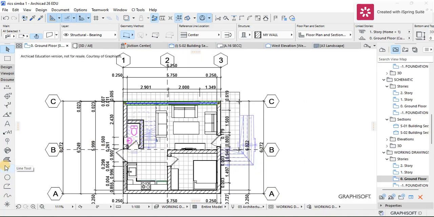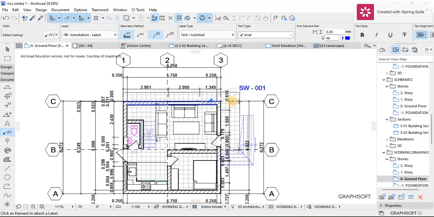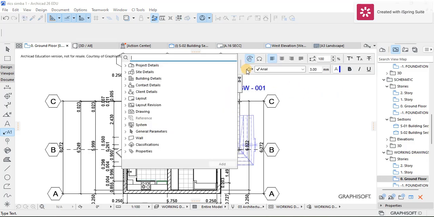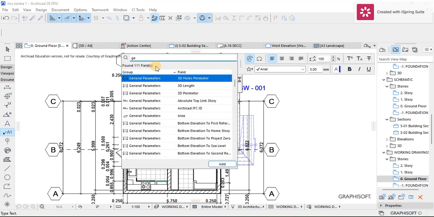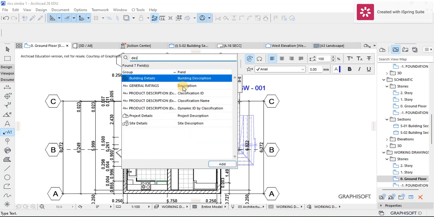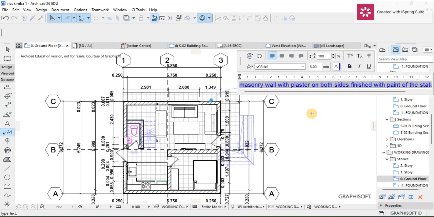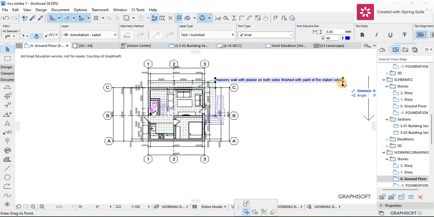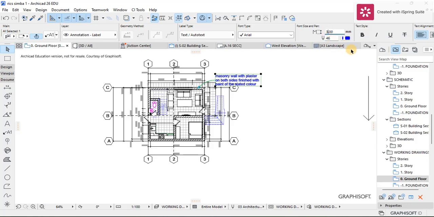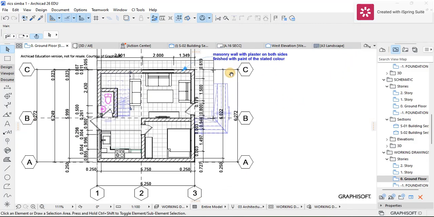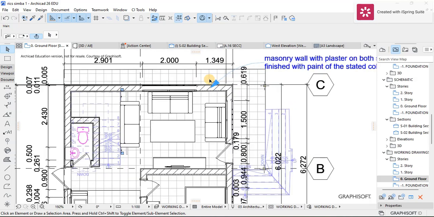So with that done, I'm going to go to my label tool. I'm going to highlight the wall, and then general description. Let me just look for the description here. Then I'm going to add it, and you can see it's going to remove the description of my wall. So I'm going to offset it so that it becomes a bit smaller like this, and then reduce the font to like 2. So let me make sure it's 2. Yeah, so with that done, now you can see my first annotation is there,